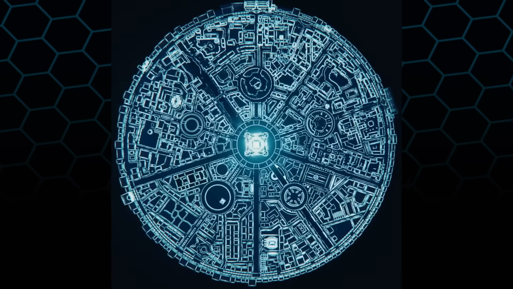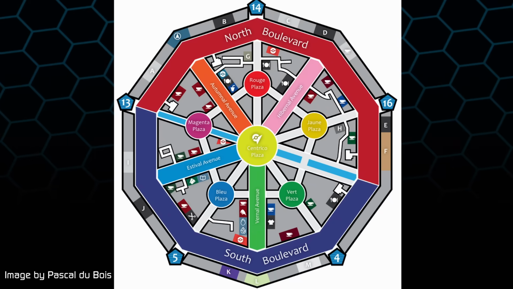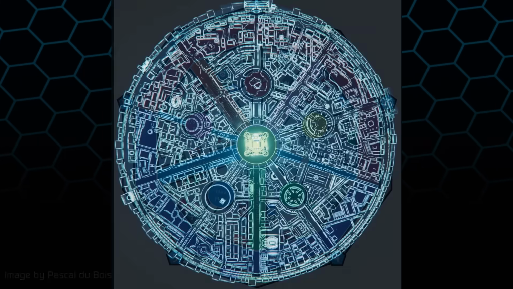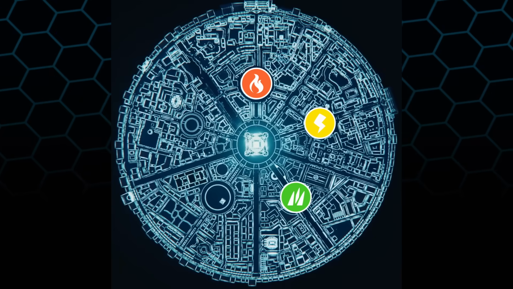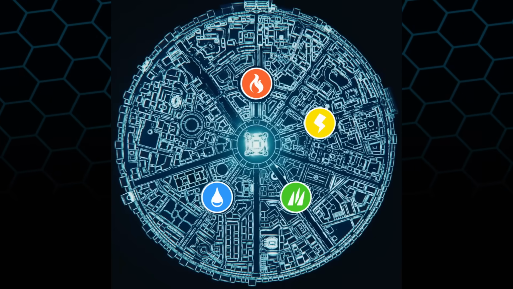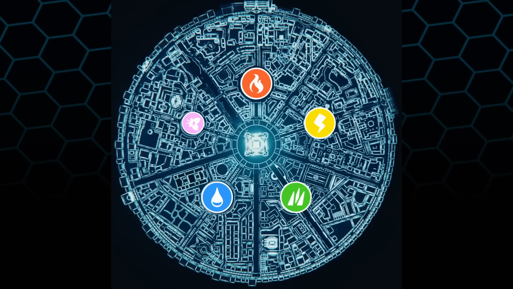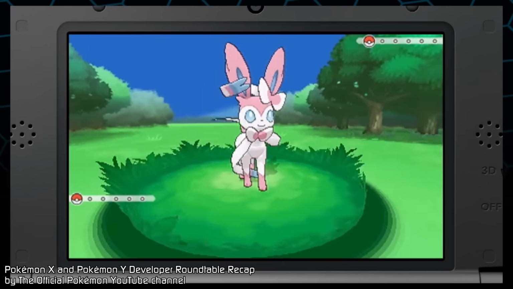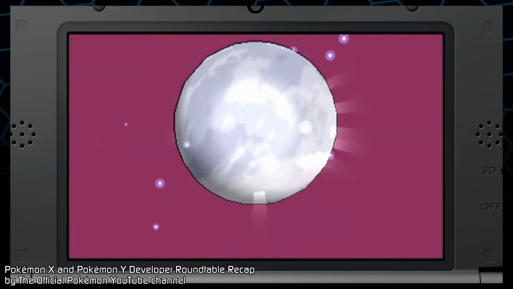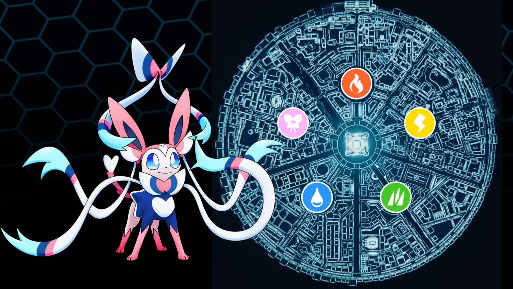Now the 5 plazas are named after colors in French, which made me think, what if these colors each represented a type? Rouge being fire, jaune being electric, vert being grass, bleu being water, and magenta, well, honestly psychic fits best here, but what if it was fairy instead, as fairy was introduced to the games alongside this region. In fact, the Mega Sylveon I covered in my last video can fit this slot quite nicely, which leaves us